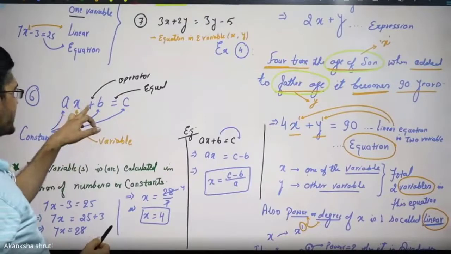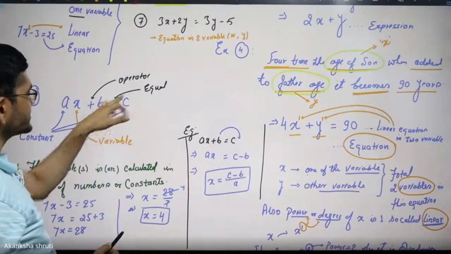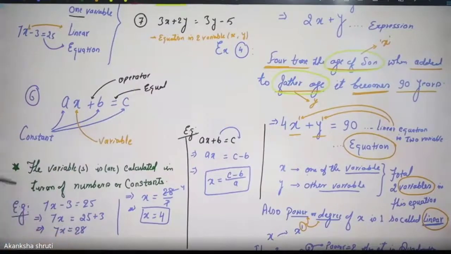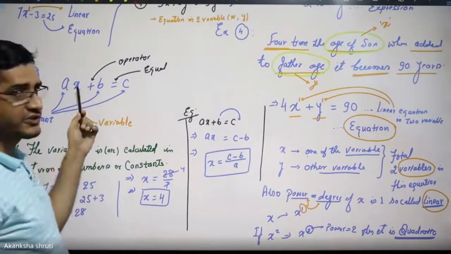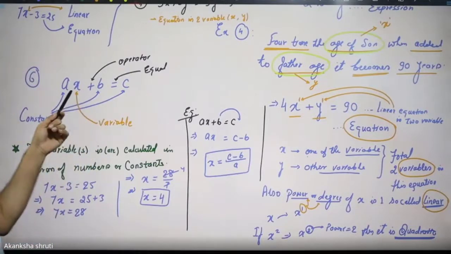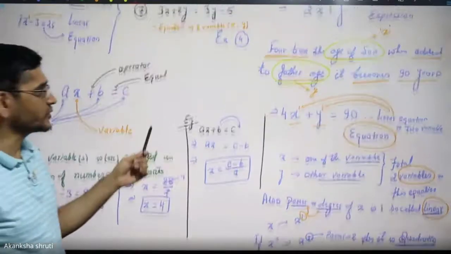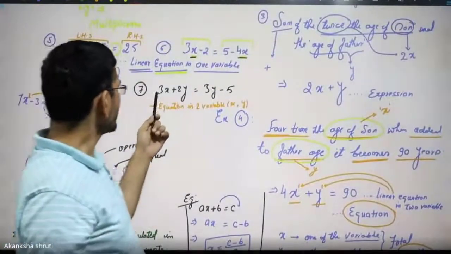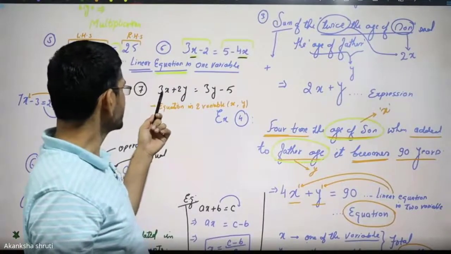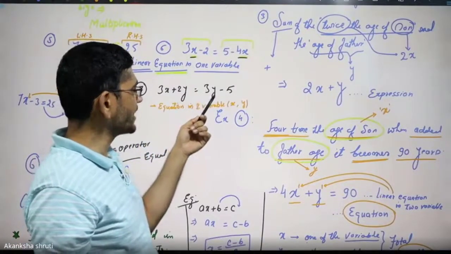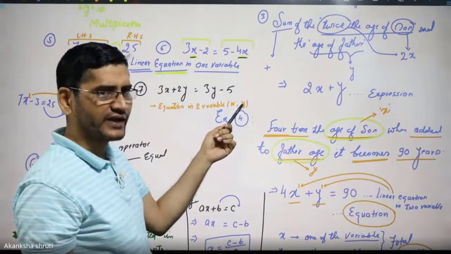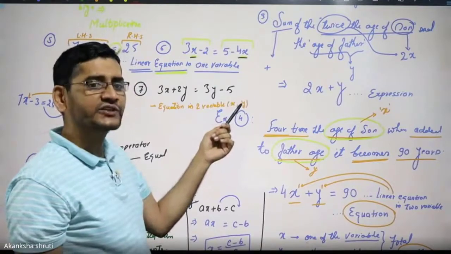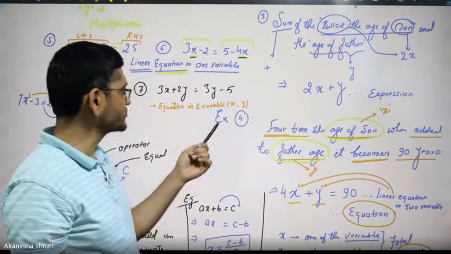The operation is here, the plus symbol, and here is the equality symbol, so it is an equation. The ultimate objective of such an equation is to find the values of the variable. Like here it is x, so only one variable can be calculated. A student, in higher standard we will learn that even an equation, say 3x + 2y = 3y - 5, has two variables, one is x, another is y. So both of these variables are treated as unknown and their values we have to calculate.